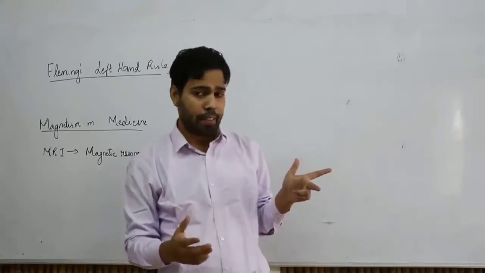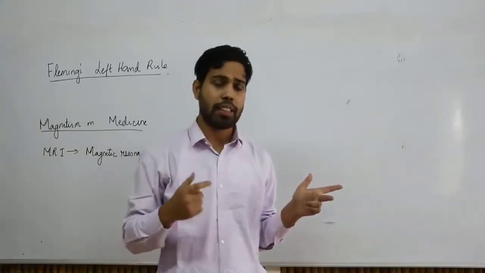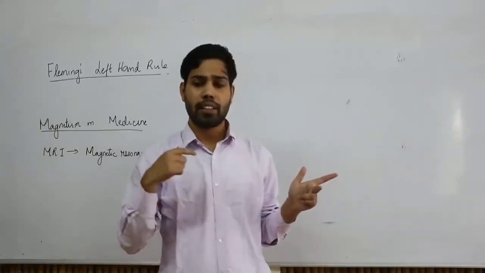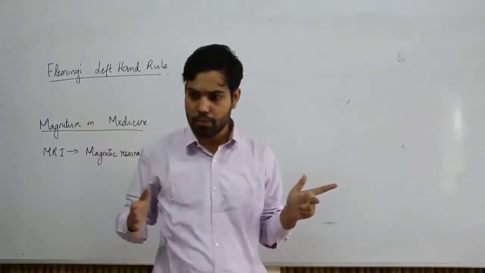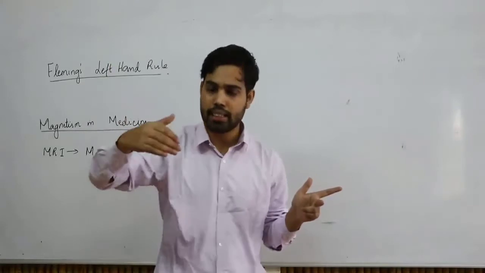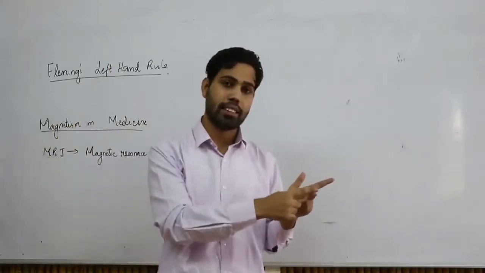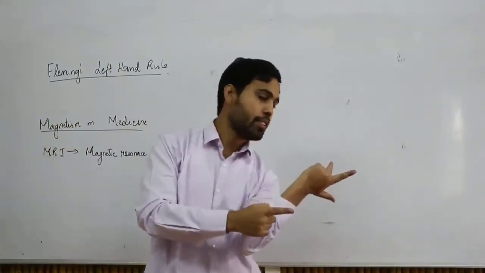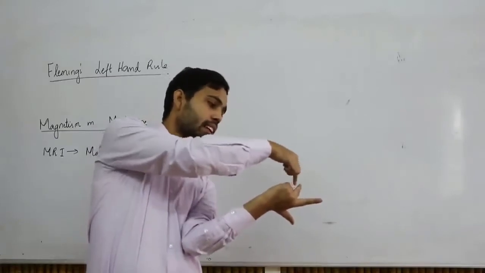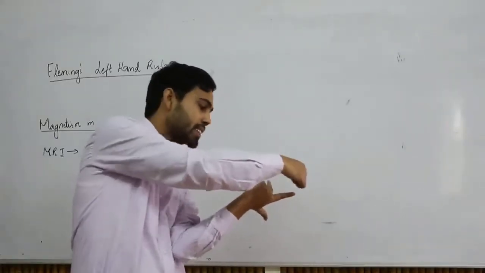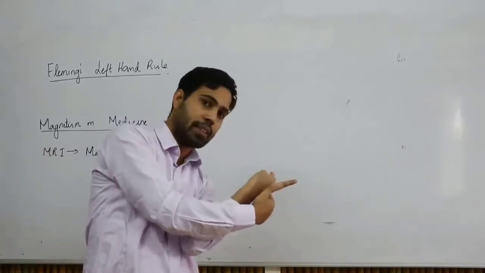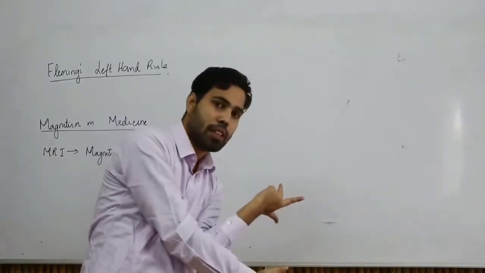Now what if I change the direction of current? When I do so, instead of moving in front, the current is moving behind. So I have to change the direction of current, and basically it will be something like this. Current is moving backwards. The direction of magnetic field remains same. So now, as we can see here, the conductor will move downwards.